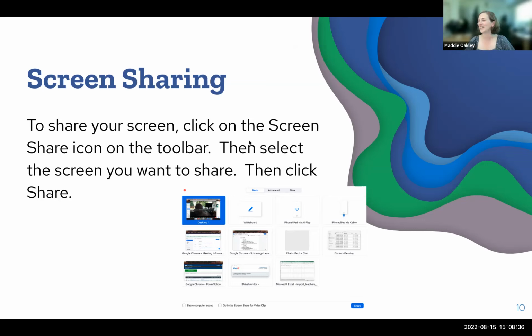Okay. All right. So while you're in a meeting, there is a green button at the bottom that says share screen. You'll click on that share screen icon and then select the screen you want to share. You'll have a lot of options in here. You might have desktop 1, desktop 2, sometimes desktop 3.